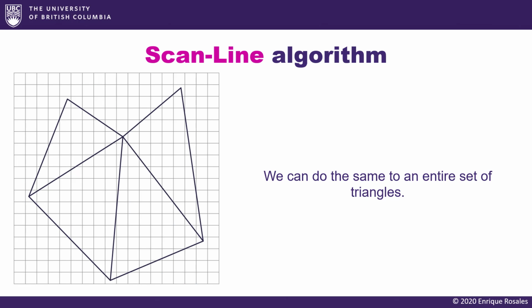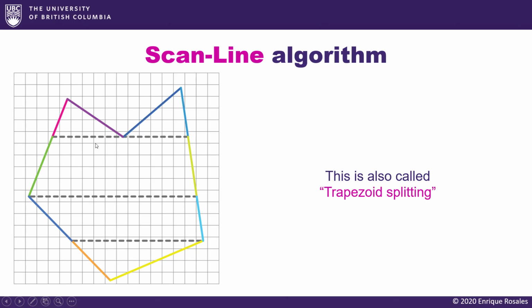And one of the beauties of this algorithm is that we can do the same for an entire set of triangles. It seems that we need to perform this for single triangles. Well, in fact, after the first version of this algorithm was created, another scientist, whose name I don't remember, but I think was also in the 70s, came up with the idea that we can do this for an entire mesh. Regardless of how a group of triangles, a piece of mesh or a polygon is triangulated,